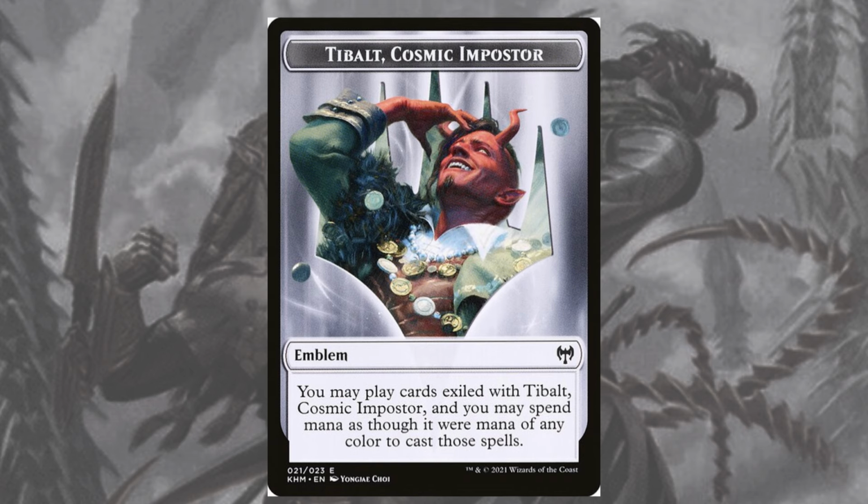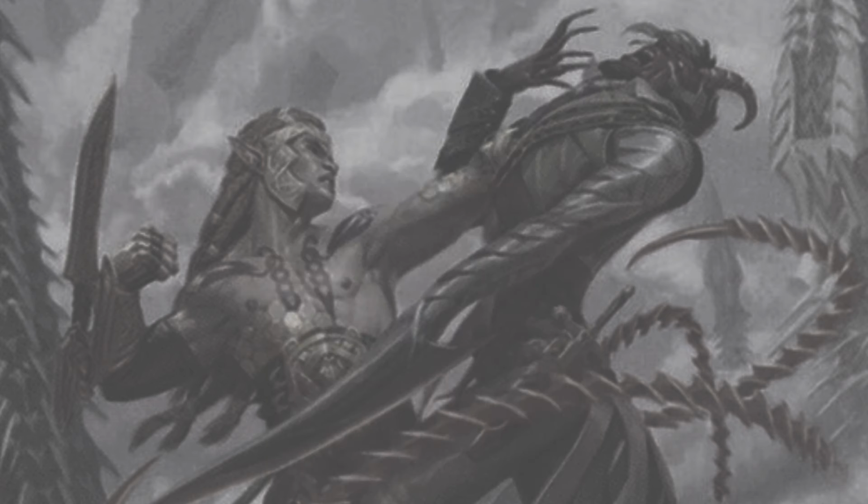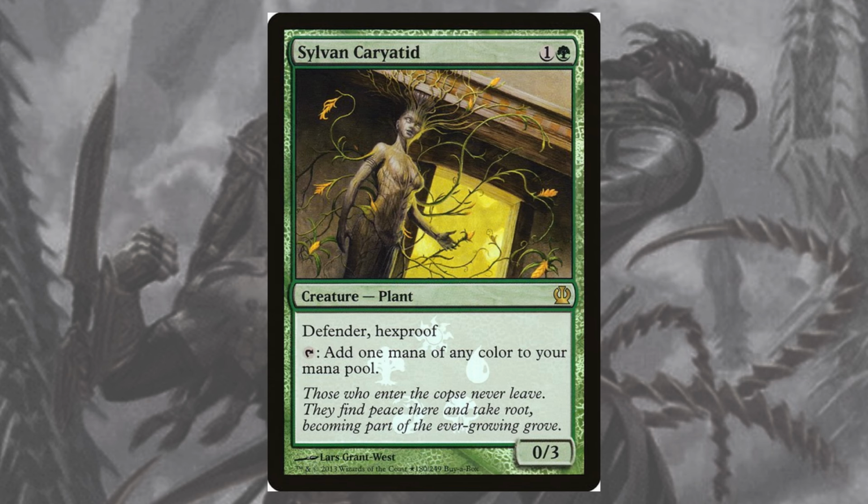The main mana accelerant of the deck, and another card that isn't 2 colors, is Sylvan Caryatid. This hexproof, more expensive Birds of Paradise with a slightly bigger butt ensures that our deck has all colors of mana at its disposal as quickly as possible. Being able to jump the curve from 2 to 4 is big for landing in Omnath ahead of schedule,